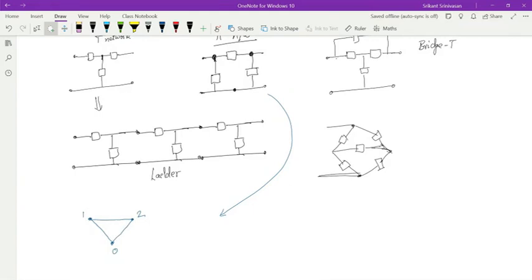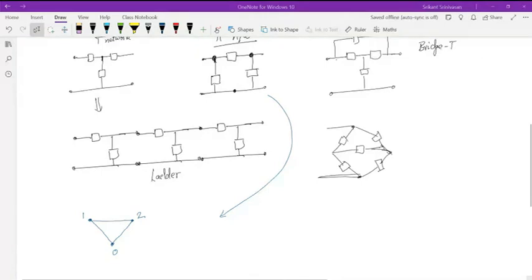Okay. So what does the word topology mean? It basically means that you can represent the network, and the network is unaffected whether you stretch it, twist it or distort it. Visually, the appearance may change, but the fundamental property is that you have some set of nodes which are connected to each other by branches. Okay, and this is the important point.